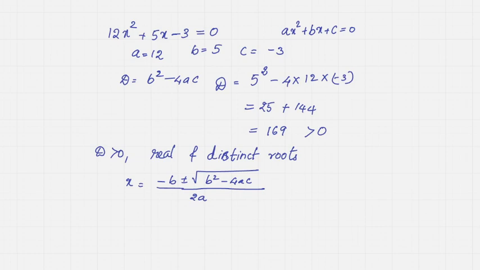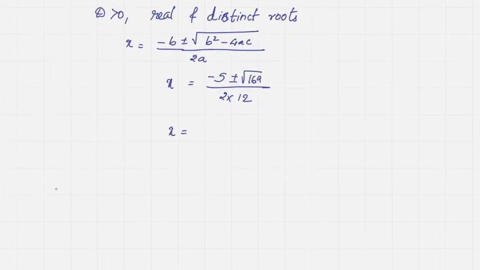So x is equal to minus b, and here b is 5. So minus 5 plus or minus square root of 169, because b square minus 4ac is 169. So we will have square root of 169 divided by 2 into a. Here a is 12. So our answers will be